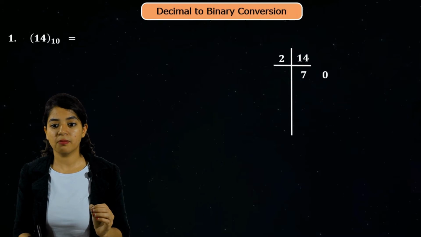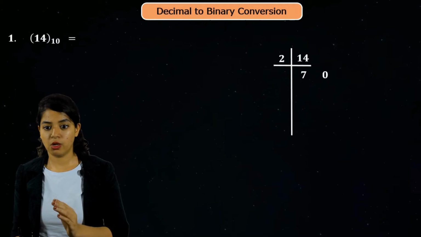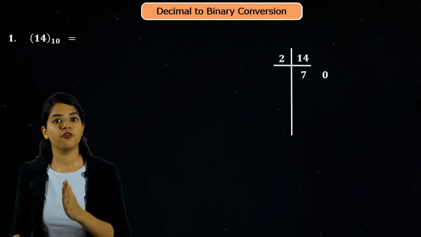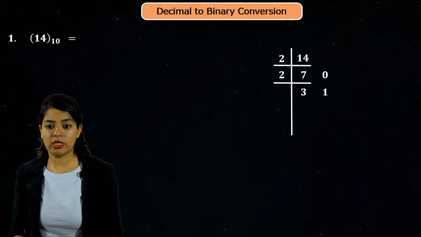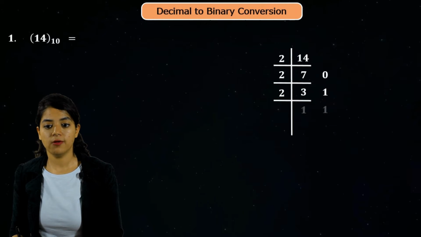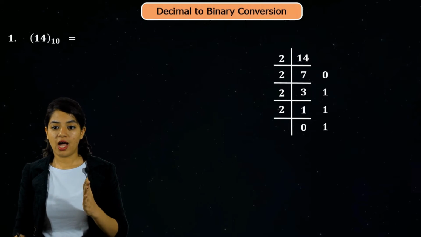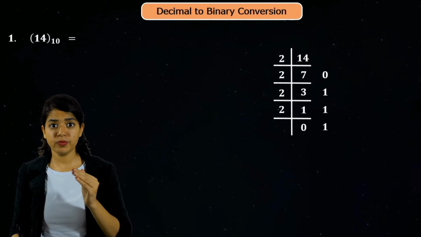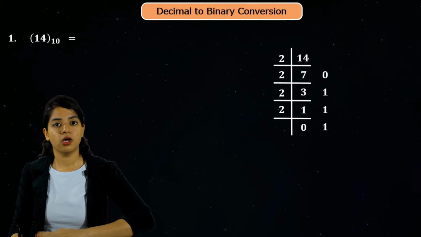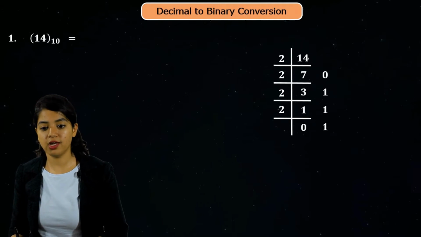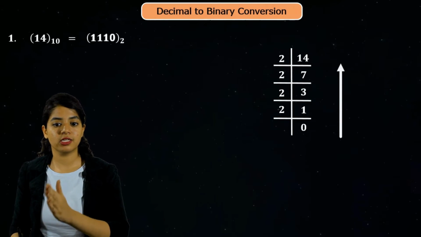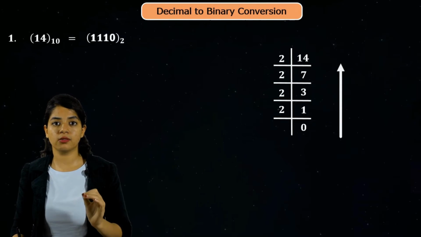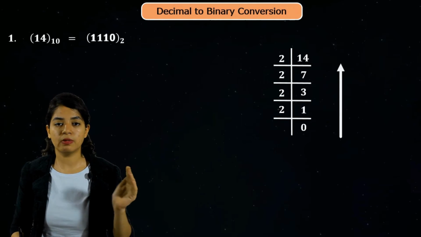So we will consider number 14 and divide it by 2. So what will be the remainder? The remainder will be 0, correct? Similarly, we will again divide this 7 by 2. So then what will be the remainder? The remainder will be 1. Similarly, the remainder will be 1 when 3 is divided by 2. Next, we will again divide it, so the remainder will be 1. Now you have the remainders 0, 1, 1, 1. Now we will consider these remainders from bottom to the top. So 1, 1, 1, 0 will be the binary number that is formed from decimal number 14.